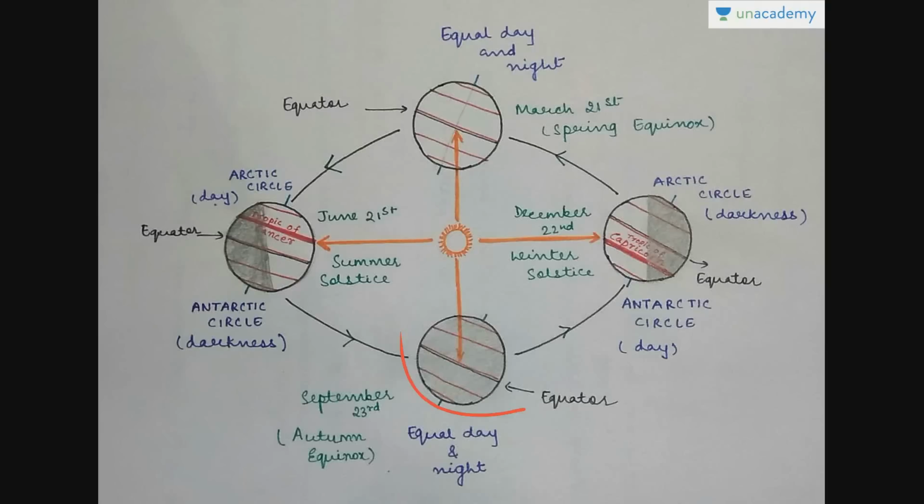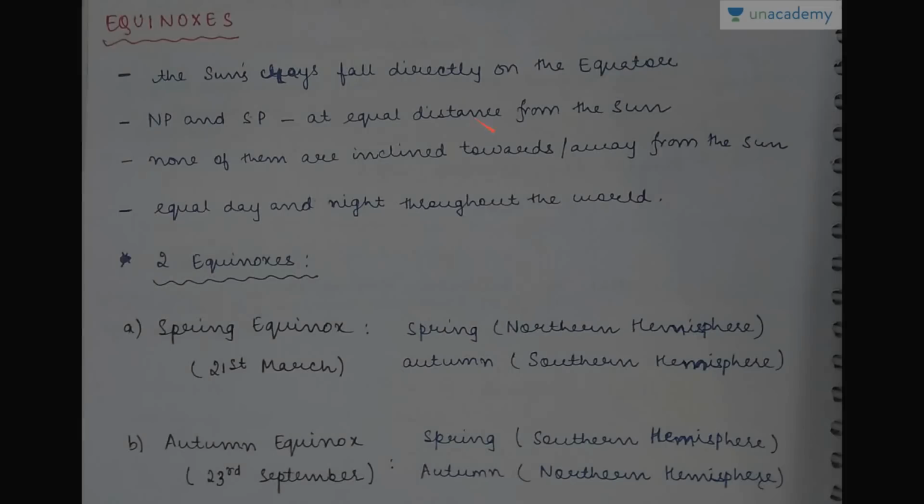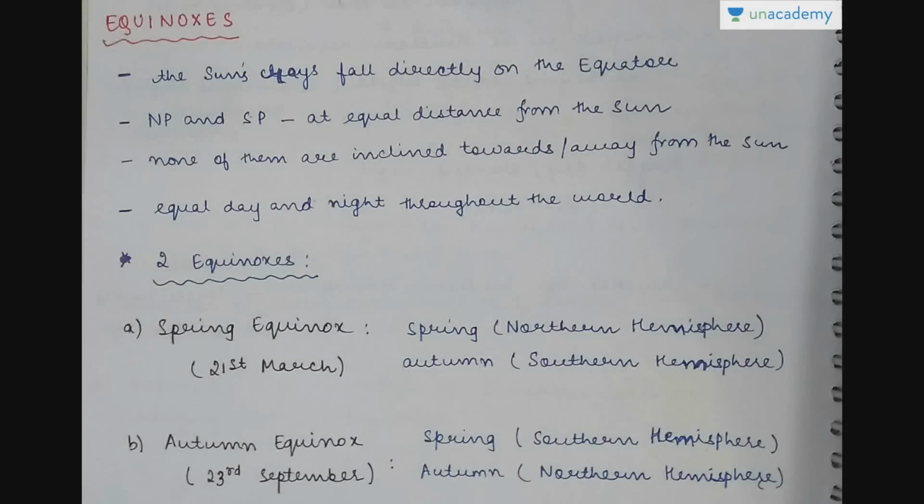So the entire earth is having half day and half night, half day here, half night of that hemisphere, then half day here, half night of that hemisphere. So this is only there two equinoxes, spring and autumn. For the northern hemisphere, the spring equinox is northern hemisphere spring and southern hemisphere autumn, and the date is 21st March. We know that in the month of March we have the beginning of the spring season, then autumn somewhere around September.